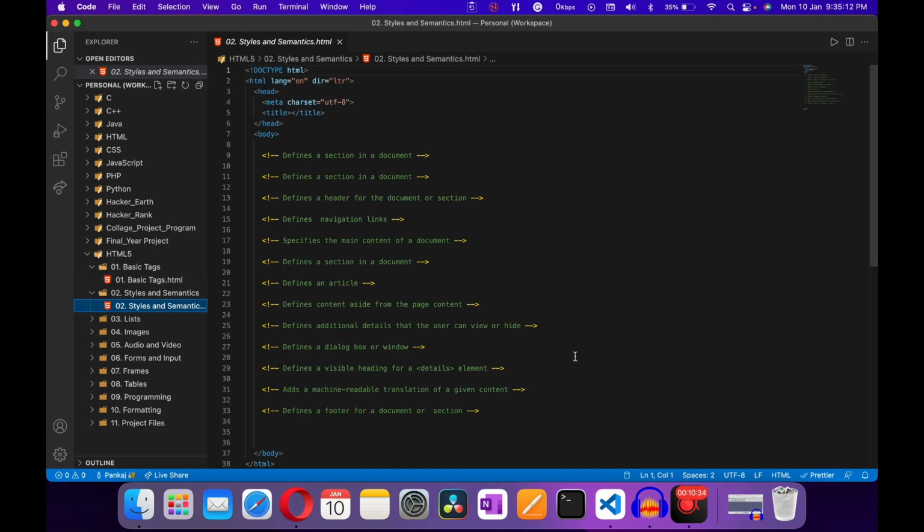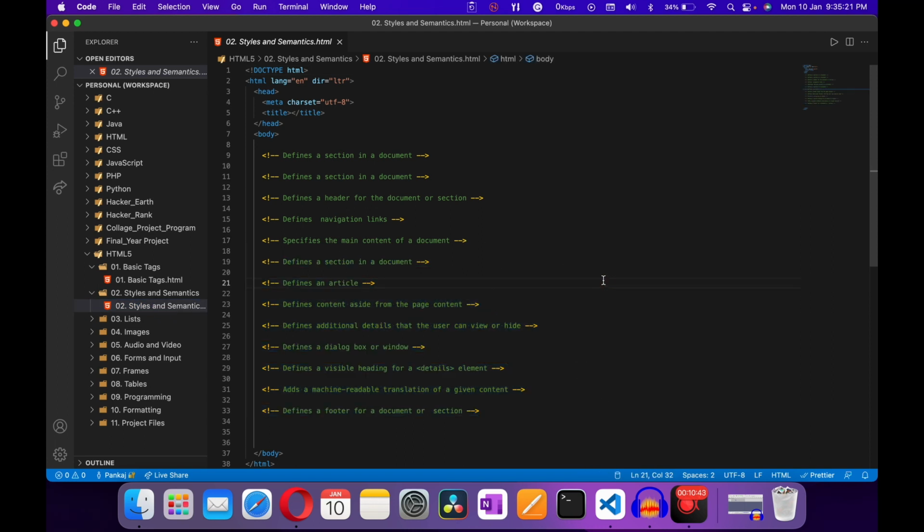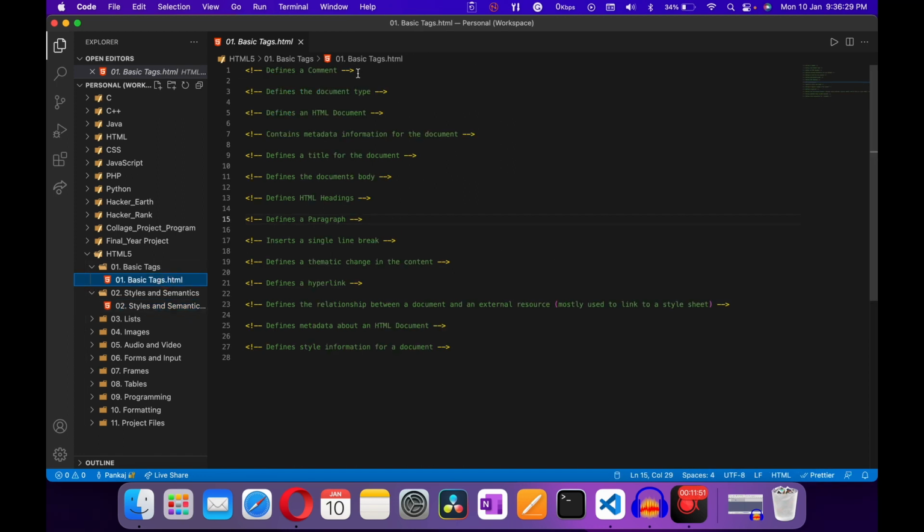click on it, and here you can see I have the same thing, and it's in every single file in the project folder that I had you download. I have commented out everything from A to Z, and the reason for that is so that when you come back and you need a reference guide, you can just go to the section and say, oh, I need to look at the basic tags and what does it mean? Instead of Googling the definition, you just go right here and say, okay, define a comment. So just go back to basic tags right here, and you can see the text written here, define a comment.